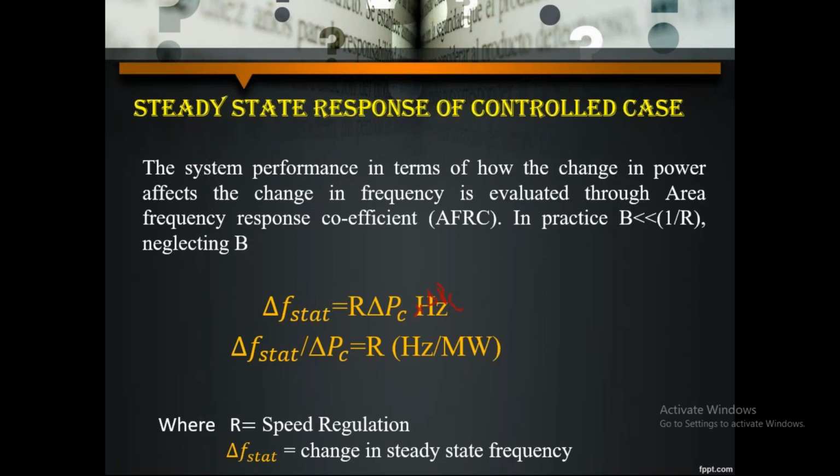What is the main intention of load frequency control? This type of analysis should be done in the transmission line system. Why? Because a huge amount of losses occur in the transmission line system, like voltage drops. There are different losses, right? Corona loss, Ferranti effect, skin effect, proximity effect. Due to these different effects, we are getting the losses. Now our aim is, based on the voltage levels in the transmission line system, we have to make it as a